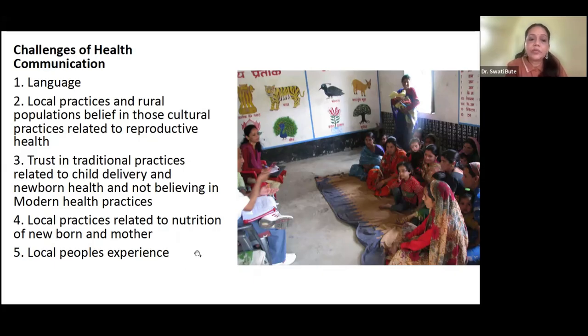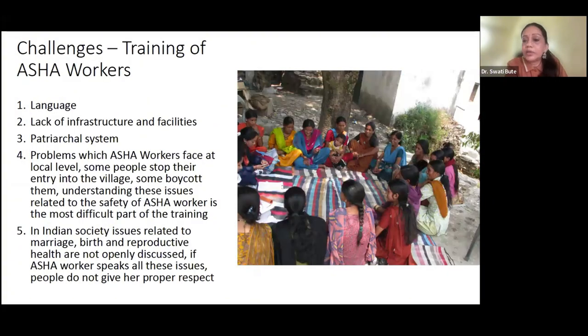But still, some of the local practices are there which people are not ready to change, specifically when it comes to reproductive health. These are some of the issues in which people still don't talk very openly. If we are talking about family planning, or institutional delivery, or the practices of breastfeeding, people, specifically the rural women, even the male members of the families, don't